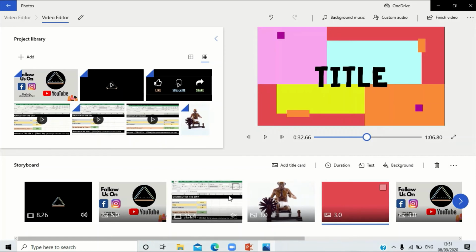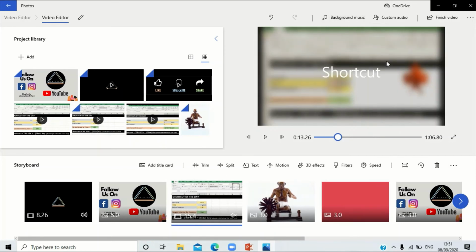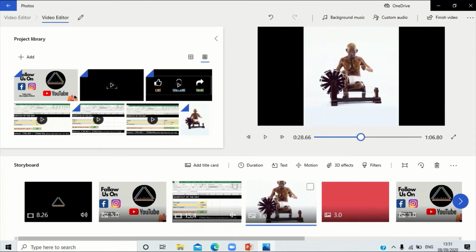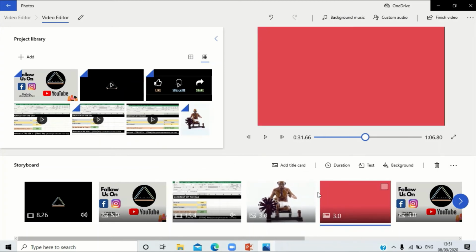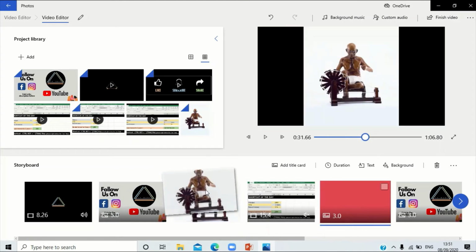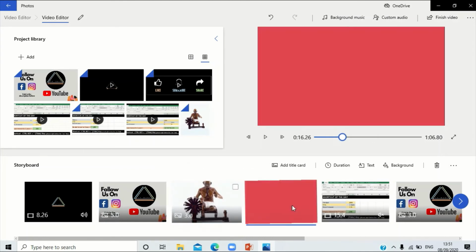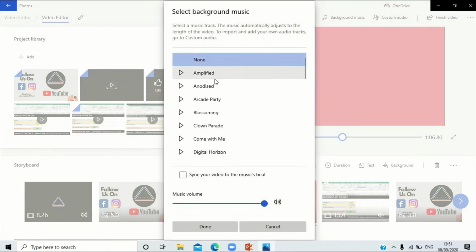Now the last option that I need to show you guys is the background music option. Since these two or three images are together, I'll put them together so that I can have the background music playing for a bit for these images, which are not making sense in the order that they are placed in, but still. So you have a few default background music options, and you can choose any of these.